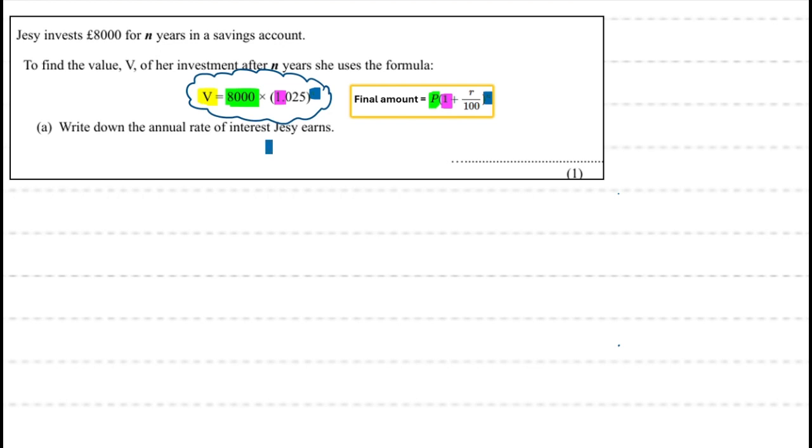So what's left is 0.025, which is going to be, let's choose a lighter color, so 0.025, which is